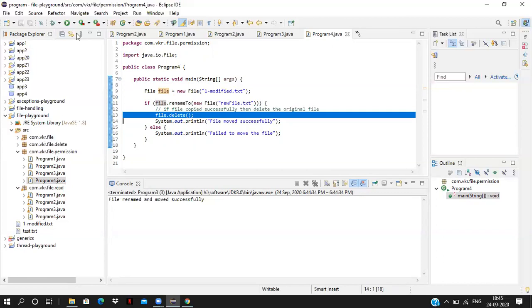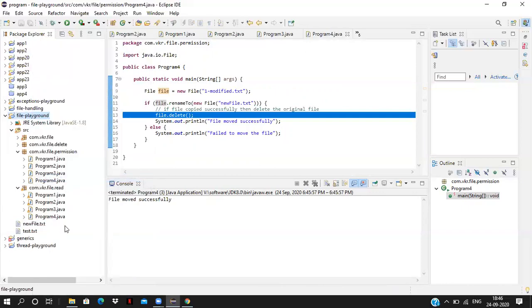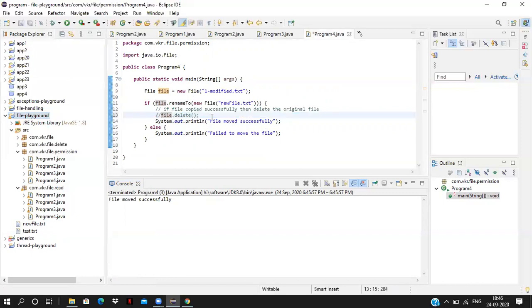Now let's go and run this and see what is the output. You see, now the new file is created. Now I have not deleted the file.